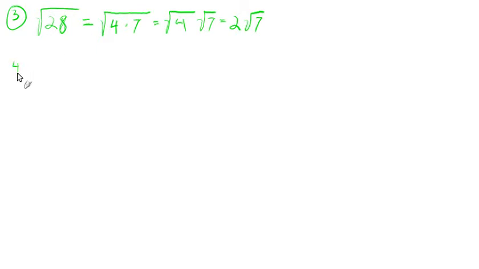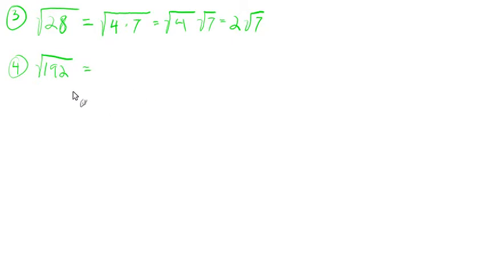Let's look at number 4. The square root of 192. All right, so if we're just starting out with this, we're going to look to split this up so that when we split it up, one of the square roots has a whole number as its square root, right? We want the square root of 4, the square root of 9, or the square root of 16. We don't want to wind up with two square roots that aren't perfect squares. We want one of them to be a perfect square. So like I said, 4, 9, 16, 25, 36, any of the perfect squares,